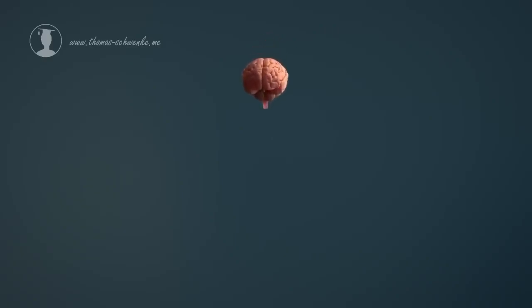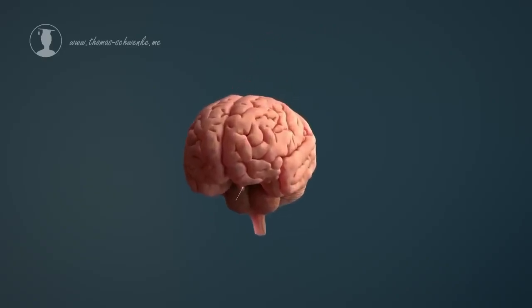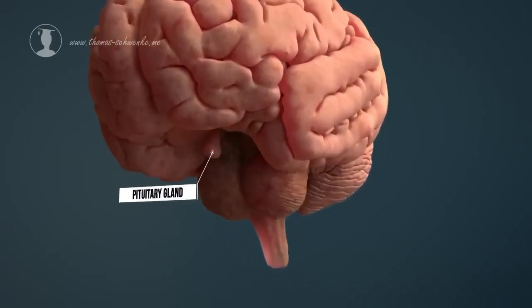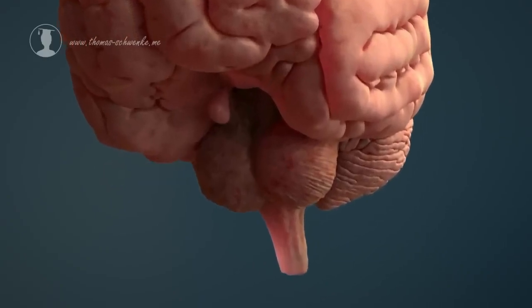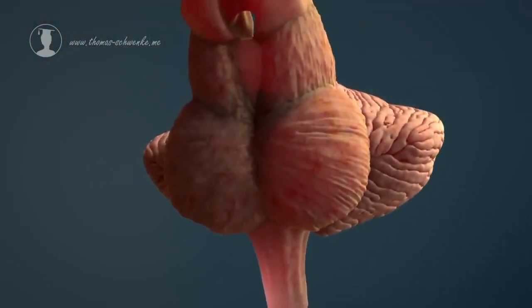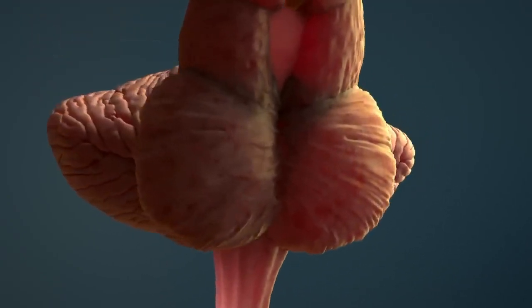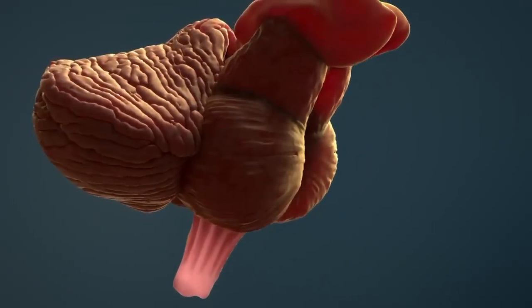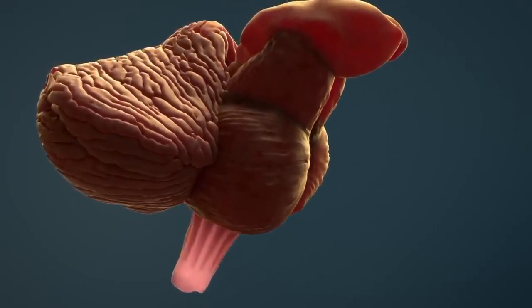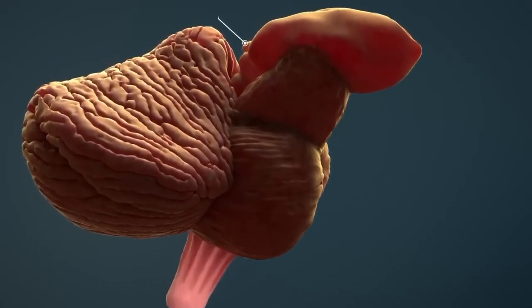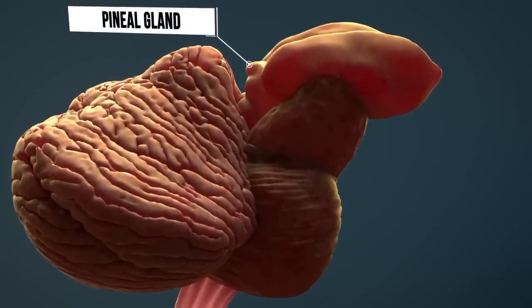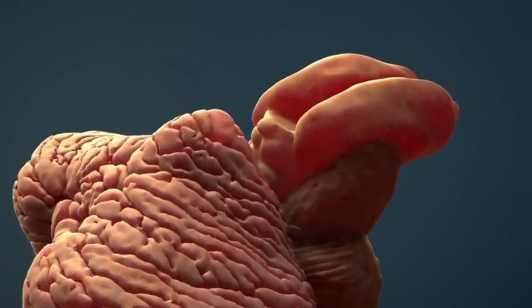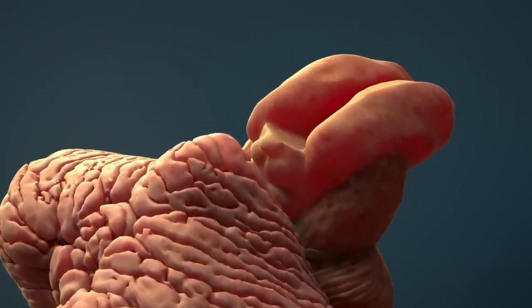Many other areas, such as the pituitary gland, which is part of the diencephalon, are just as important. The pituitary gland is responsible for our hormone regulation and thus for growth, reproduction, and metabolism. In addition to the pituitary gland in the front of the brain, there is the pineal gland, which is also known as the epiphysis cerebri. The pineal gland secretes a hormone called melatonin. Melatonin is produced in the dark and thus influences